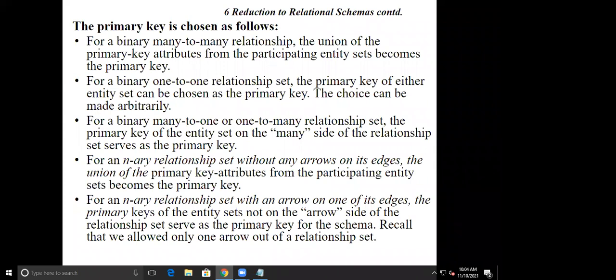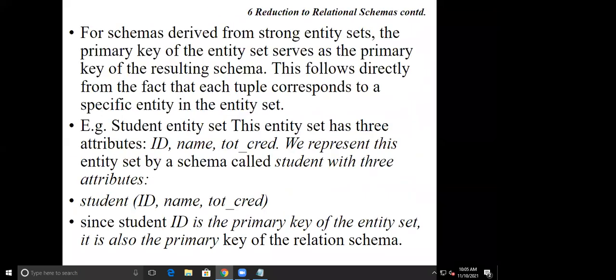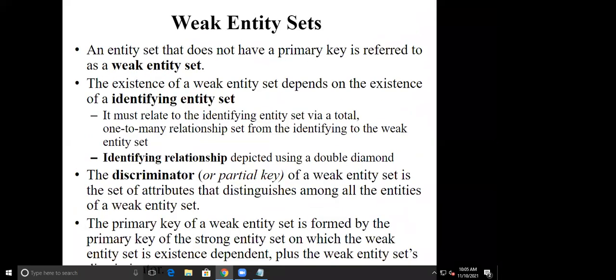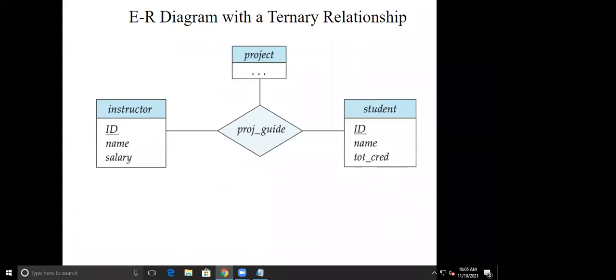Choosing a primary key for n-ary relationships, just like ternary, quaternary, or more than 4 entities participating. That is any relationship where more than 2 entities are participating. At this point, we are not using any arrows on the edges, just like the example we have seen for the project. So here we are not using any arrows to represent a relationship. It means here the relationship is always considered as many to many from every entity participating to other entity.